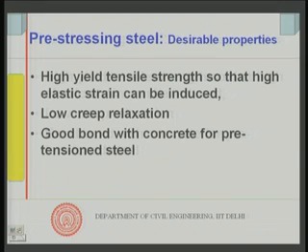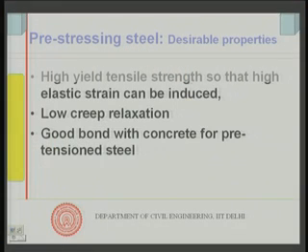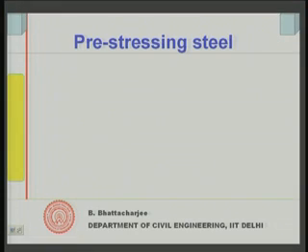The case that I have talked about is a pre-tension situation, where you cast the concrete over the pulled pre-stressing wires or strands. First pull the wires and cast the concrete just over it. So, the compression from the pre-stressing wire to the concrete is transferred through bond, and where it is transferred through bond, I need a good bond strength also. Therefore, these are the desirable properties.